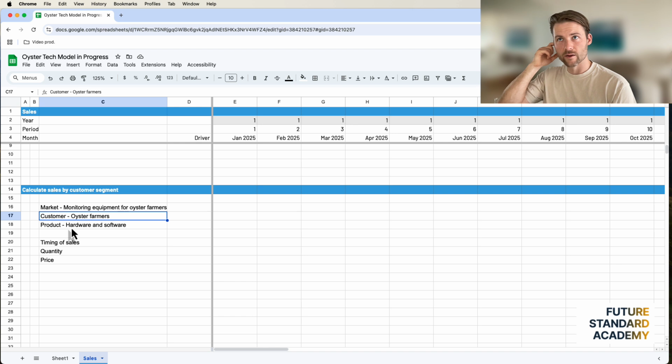The reason I talk about this now is that for financial modeling, oyster farmers should not just be an archetypal oyster farmer. It's not one size fits all. You can't just say there are 2,500 oyster farmers in North America, which is actually the case, multiplied by my average customer value, call it 10,000 for the sake of argument. It doesn't work like that, because some are very big and some are very small. Those two sorts of companies are going to need different solutions entirely. They're probably going to have different sales strategies, and different lead times to actually make the sale. There are all kinds of differences.